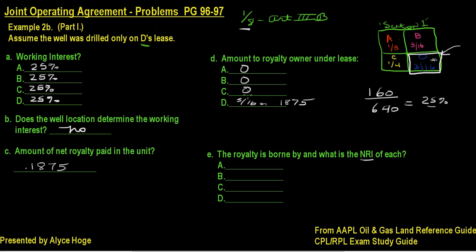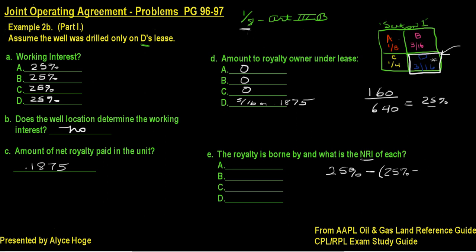So even though A, B, and C are not going to get any royalty under the lease, because they're getting a share of production, the lessees are getting a share of production, they're going to contribute to their share of the royalty payment up to this 25%. So what it's going to look like is, we're going to take 25%, that's our working interest, and we're going to subtract from that our 25% working interest minus